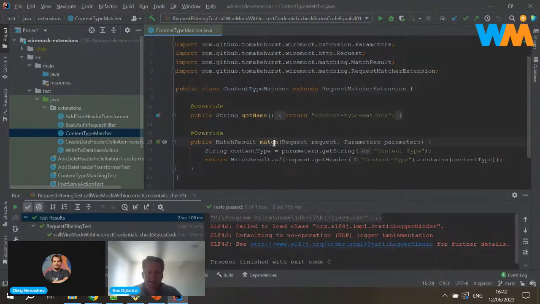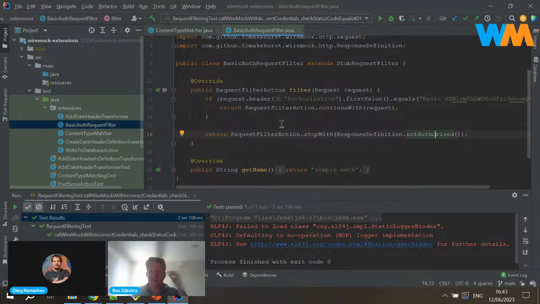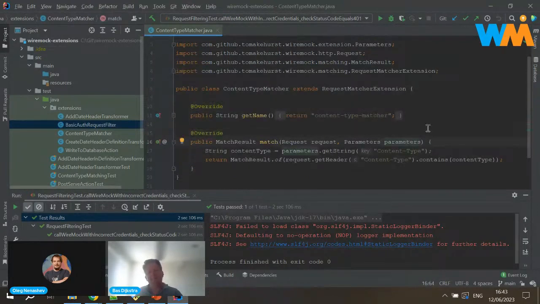The nice thing about this is that you can parameterize it, so you don't just take the incoming request, but you can also add a set of parameters to make it even more flexible. Where the request filter was a little bit more static, with the matching logic you can feed parameters to it as well.